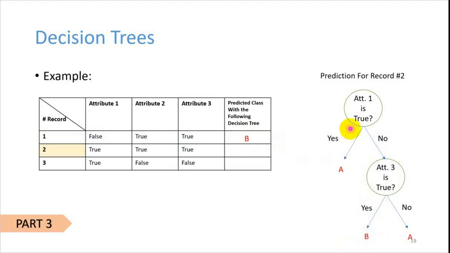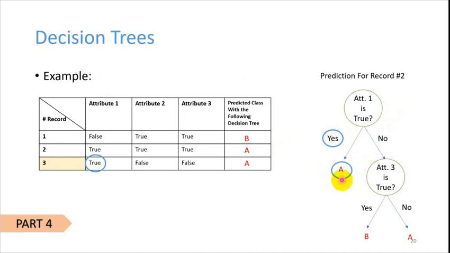For the second record, we compare the first attribute with true, and the answer was yes, and then the predicted class was A. And for the third one, the value of attribute 1 was true, so we go to the yes branch, and then the predicted value would be